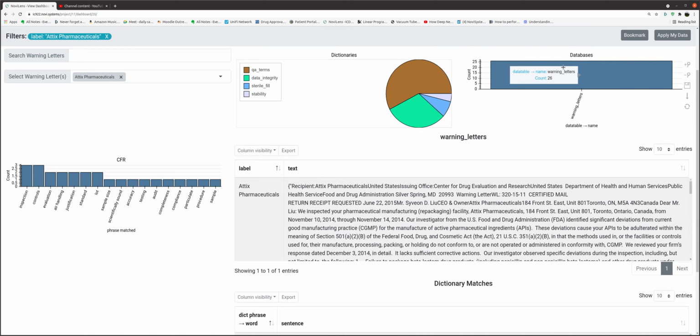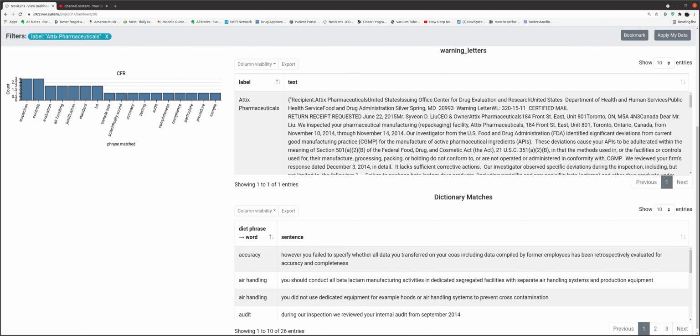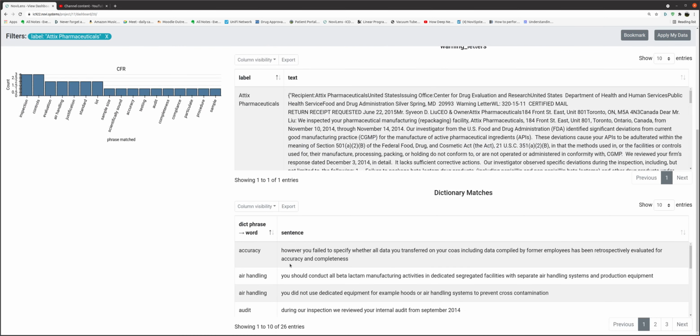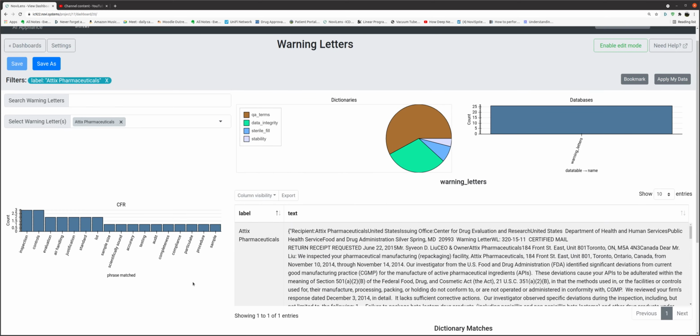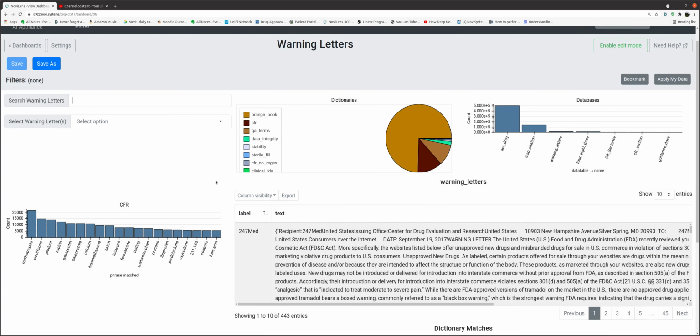This just tells us which database it comes from. And again, common terms that we find in these sentences. And again, it's broken down so you can see the exact citation or what was stated that had to do with the terms that you have of interest to that company. So again, it does a lot of pre-filtering for you and helps you find different things that may be of interest to you. Let's say we wanted to look at